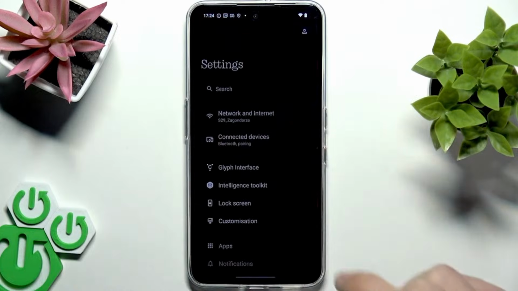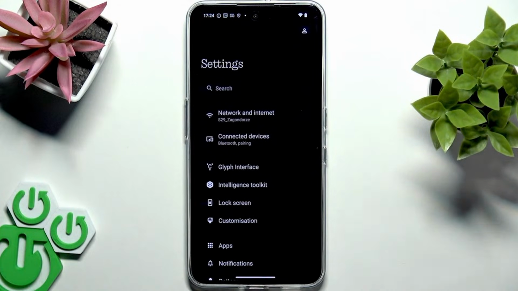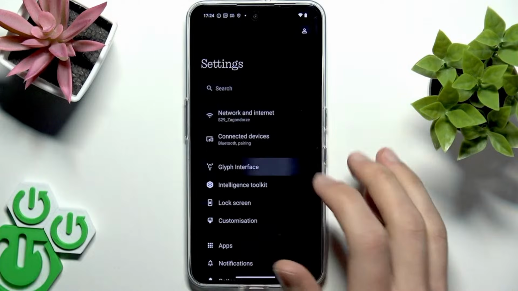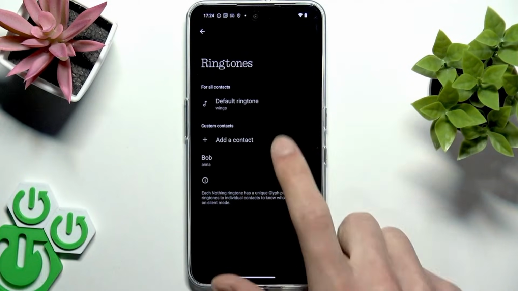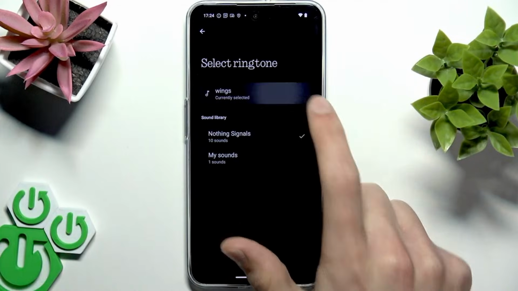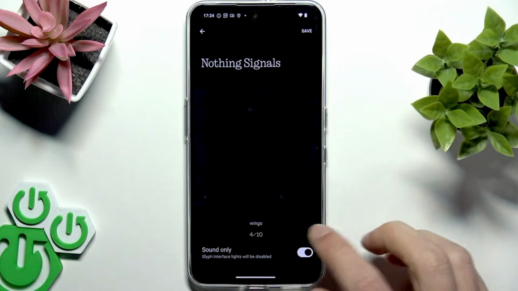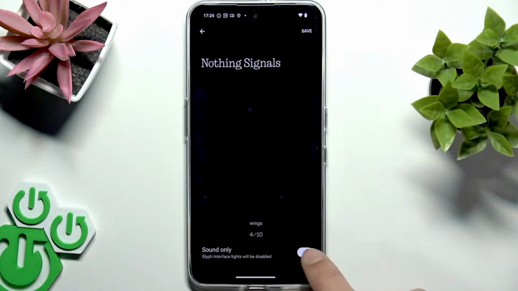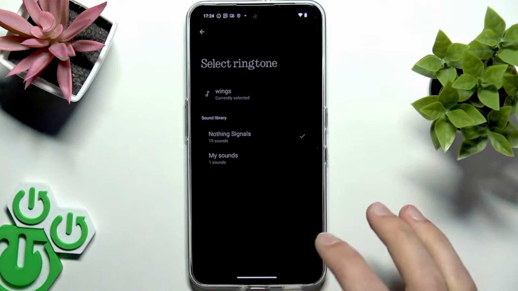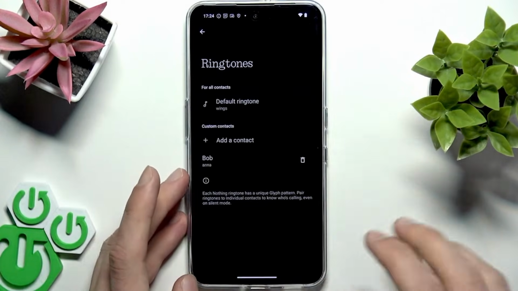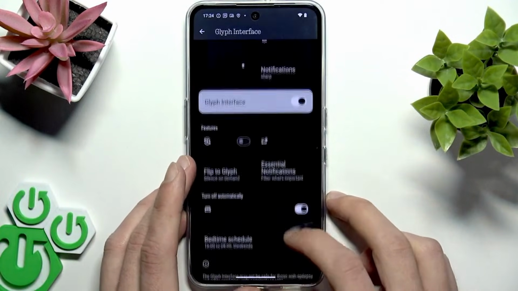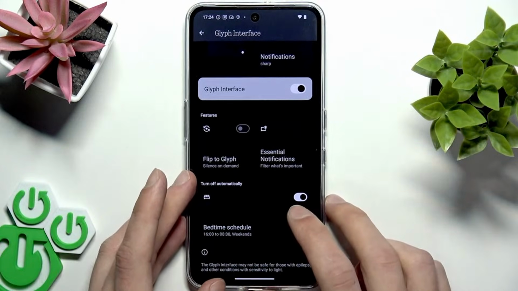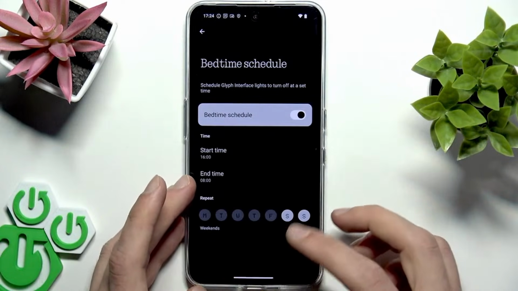And in order to fix the issue, when it stops working on your phone, first check your Glyph interface, check your ringtones, for example. Check this selected ringtone and make sure that the sound only option is disabled, so that your Glyph LED actually shows when you're receiving a ringtone. The same for notifications. Also make sure that your bedtime schedule